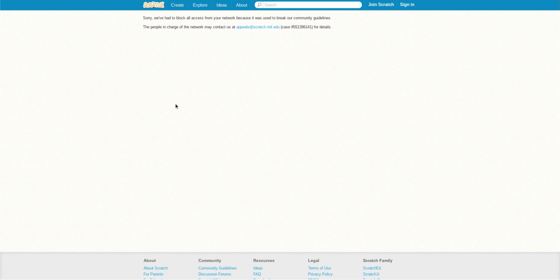So when you want to join Scratch, all you have to do is join, and you get the IP ban, and you wouldn't be able to leave it, because when you try to refresh, the IP ban will remain here.